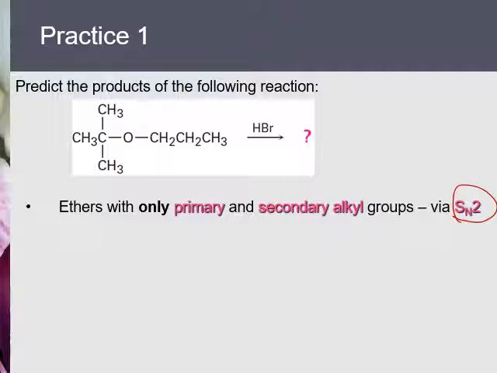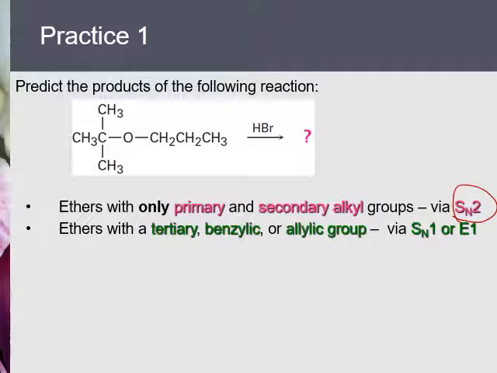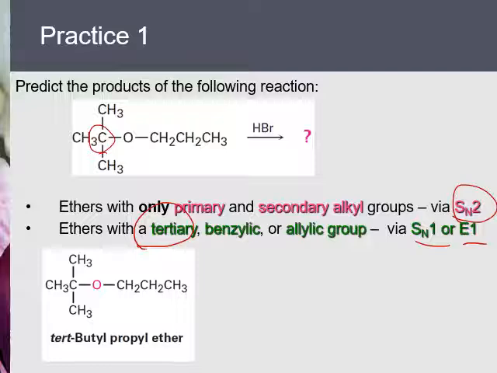But if the ether contains a tertiary carbon, as in this case, then the reaction undergoes SN1 or E1 reaction. So in this case, we predict this carbon will break because that forms a